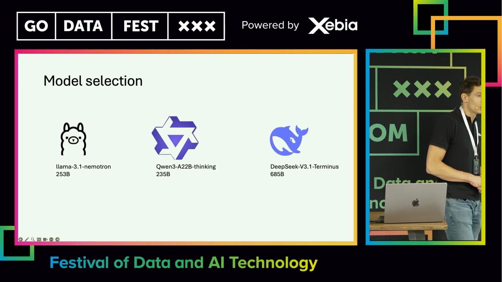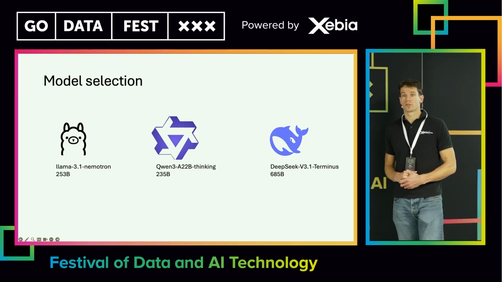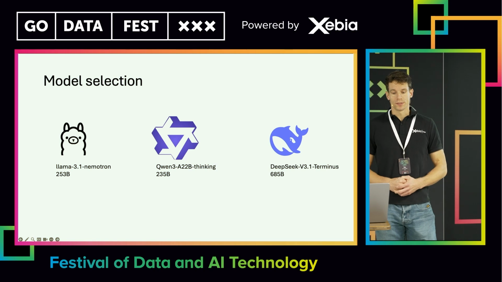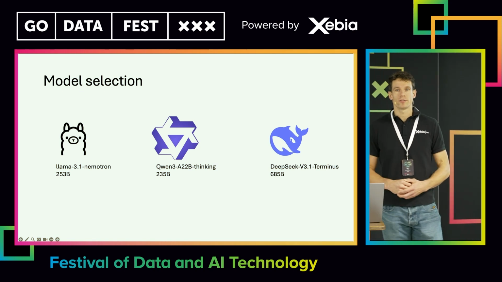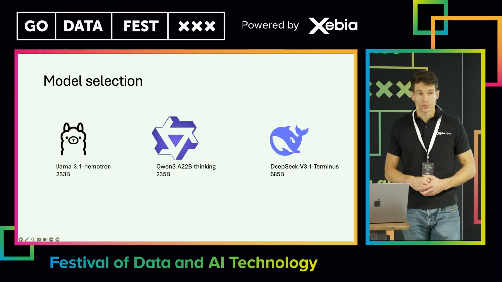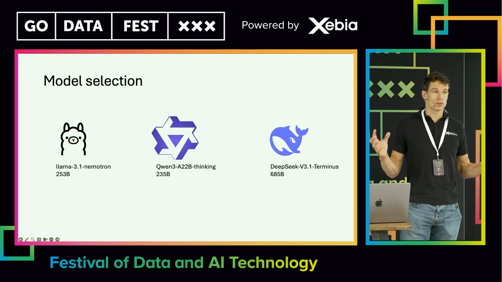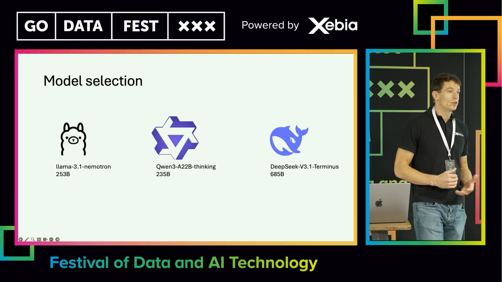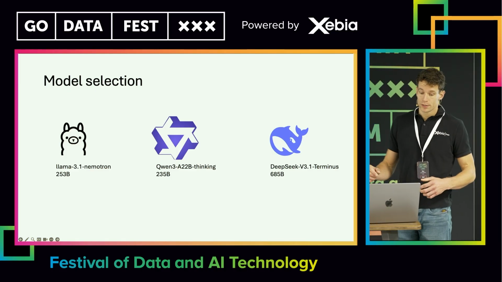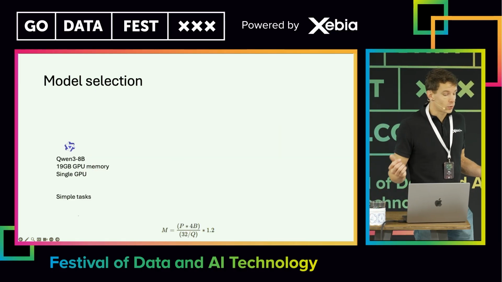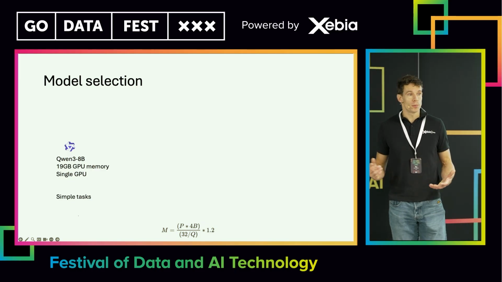Okay, so what are we going to do then? We just pick the biggest and best open-source models, and we're going to run these. Okay, how are we going to run these? Because these models have 250 billion up to 700 billion parameters. That may not say a lot to you, but these models are huge, so it's not straightforward to just host these somewhere. You need dedicated hardware for that. So that actually begs the question: do we need these huge models? Can we actually use something smaller?